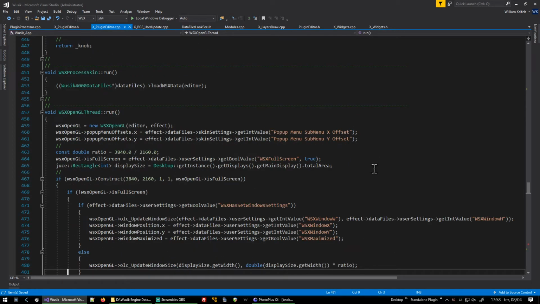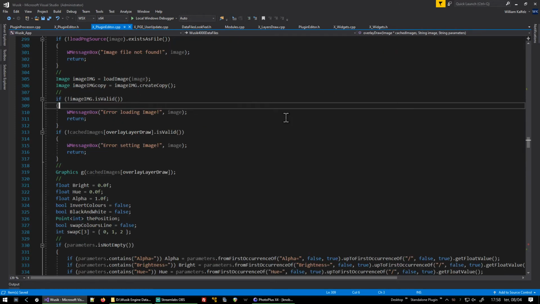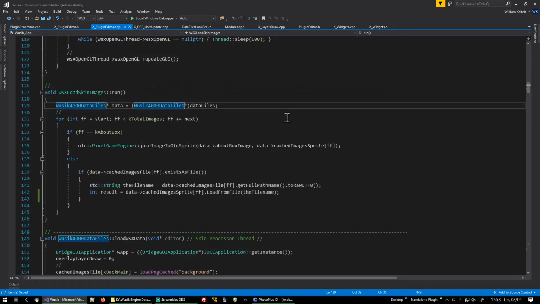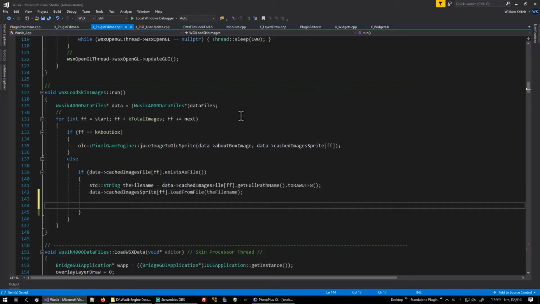Perfect. Loads up. Then there is a thread to load the images. Let's try to find where they are. So here we are. So I guess I could check in here if the file is the knobs and then do something else here. Or another option would be, I think,